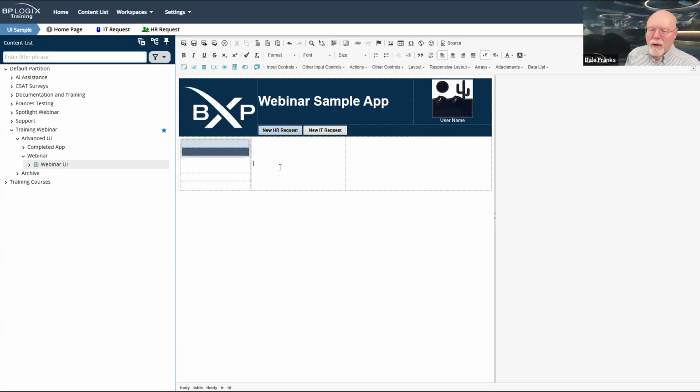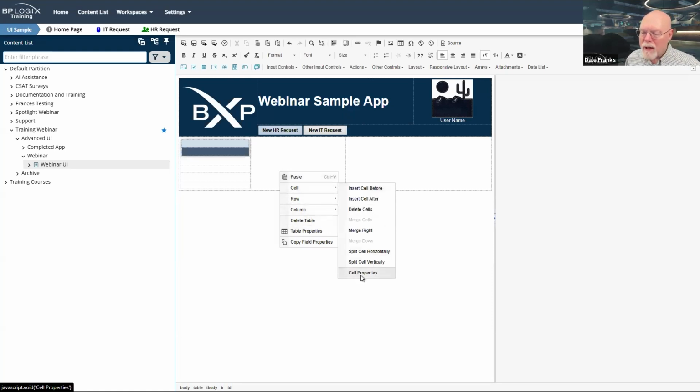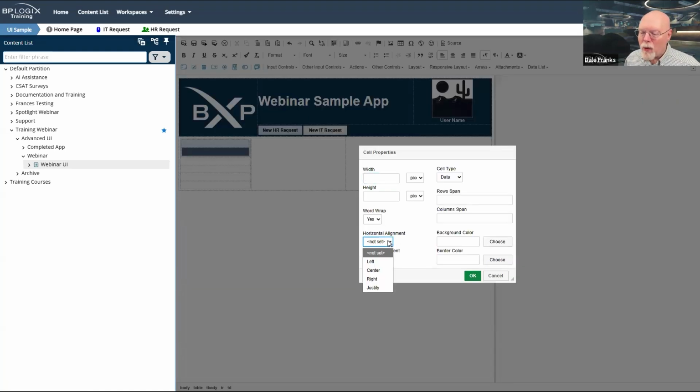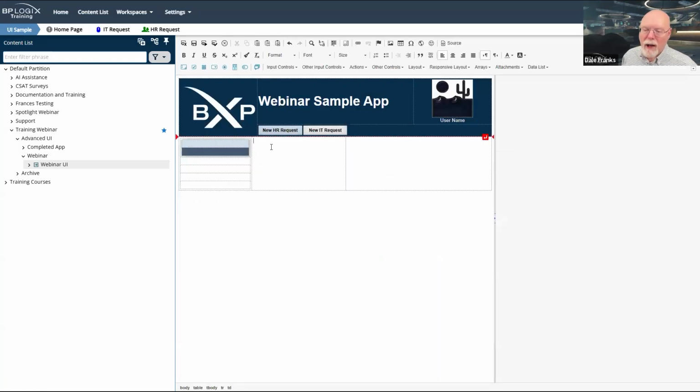So in the second panel, we're going to go in here and go to cell and cell properties. We're going to override that vertical alignment to top because we are going to have to put a knowledge view in here, and I want it to show up at the very top. I don't want it to hover in the middle because this is going to be fairly large horizontally when I get it done. And depending on what I throw in this column, it might make this entire outer row very tall. So I want my knowledge view to go up here to the top.